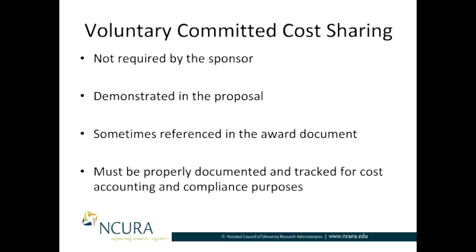And so when you think about voluntary committed cost sharing and compare it to mandatory cost sharing, you'll see that there's a lot of similarities, generally speaking, but where the similarities get the most clear is once you have an award in place, because then in both scenarios you need to make sure you are monitoring, tracking, documenting, and reporting on the cost share. With a voluntary situation, you may have less of an ongoing requirement to report on cost sharing in terms of how you're doing. That could be true. You may even have a situation where you don't actually have to report formally on the cost sharing at all, but you do need to make sure that you are tracking on it.